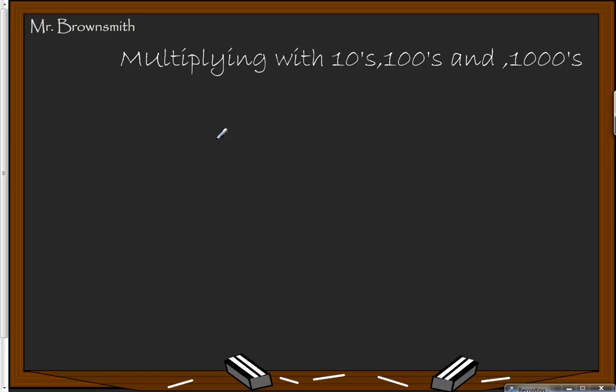All right. Today we're going to talk about multiplying numbers in the tens, hundreds, and thousands because a lot of my students are still struggling with this concept. For example, we might have something that looks like this. 600 times some number equals